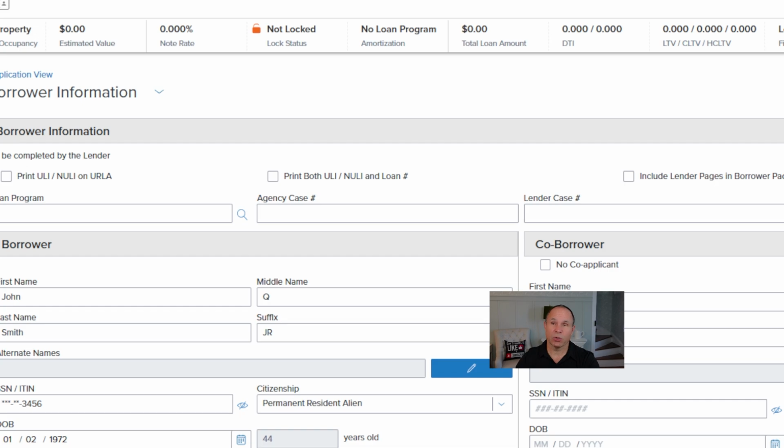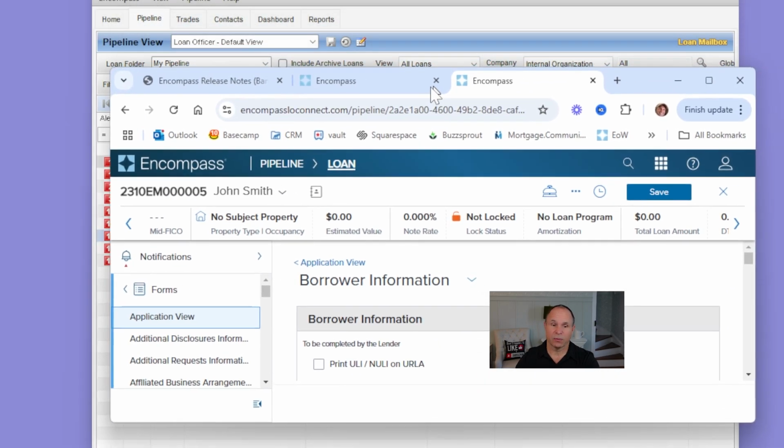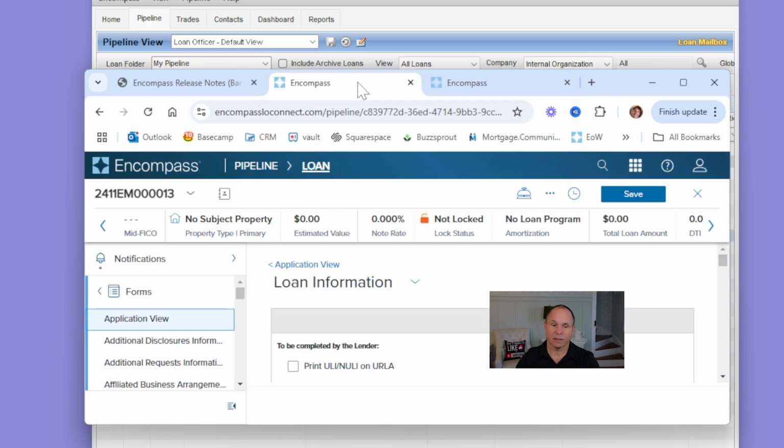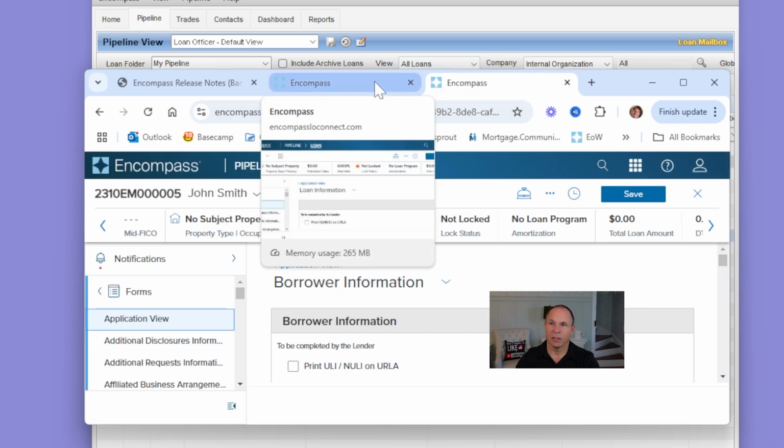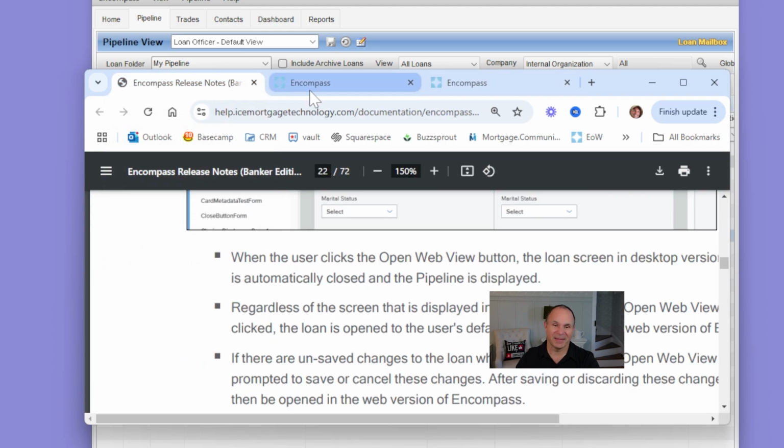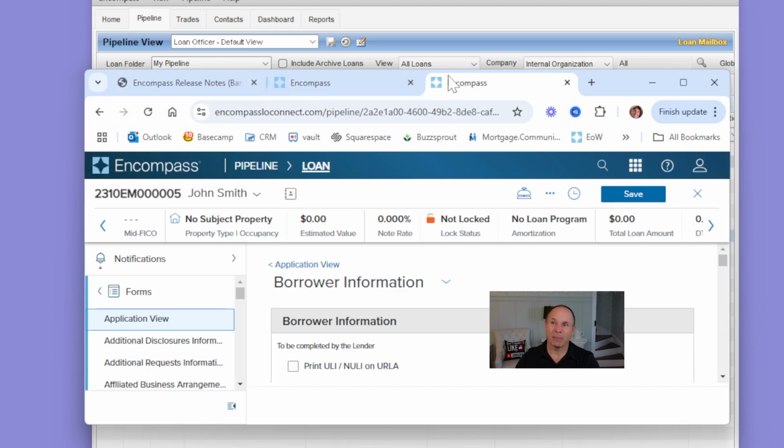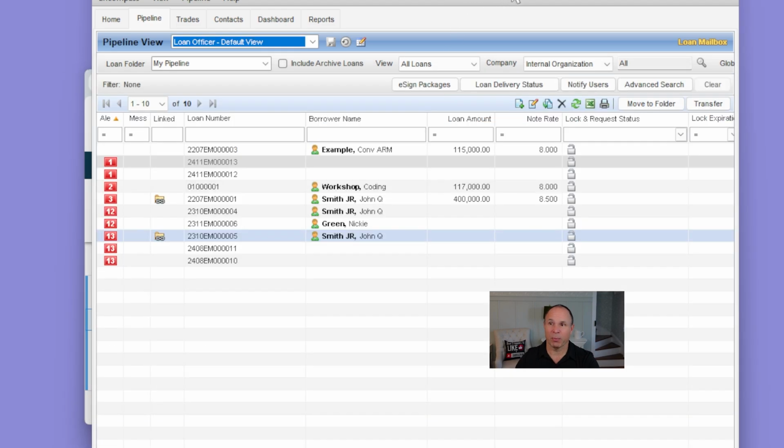Again, making sure that you understand what your teams are doing is very important. So we have this loan in this tab, and this loan in this tab, while we have our release notes open in this tab. I can see people leaving these tabs open, which means that the loans are actually open. If we go back over into desktop and we refresh this pipeline view, you'll see that I've got two loans open.